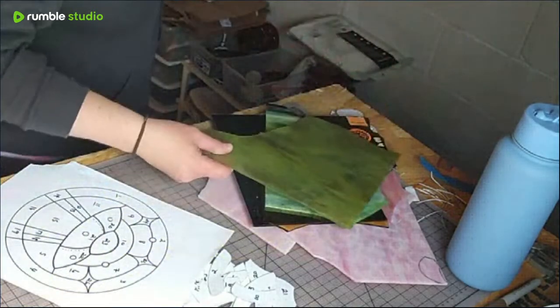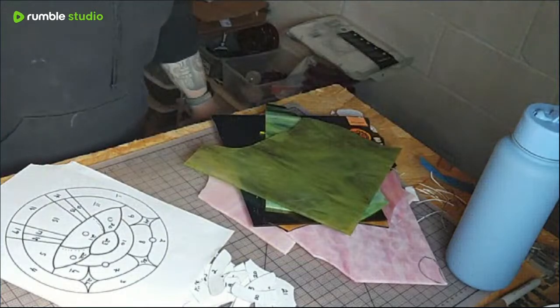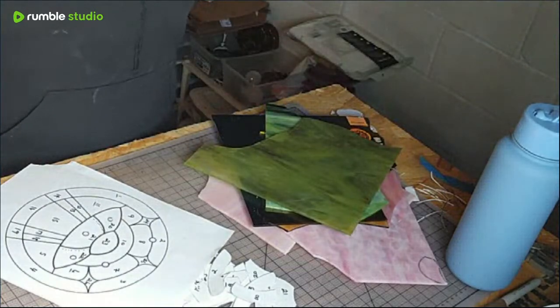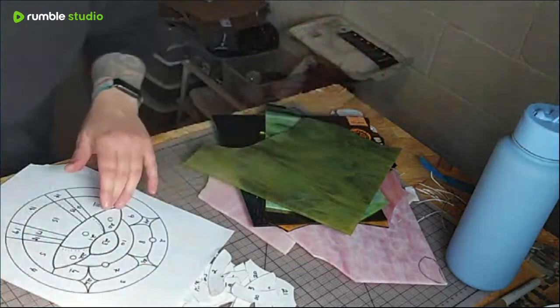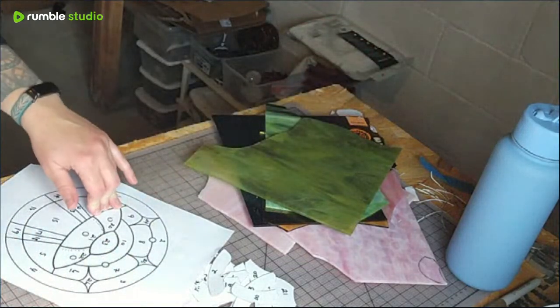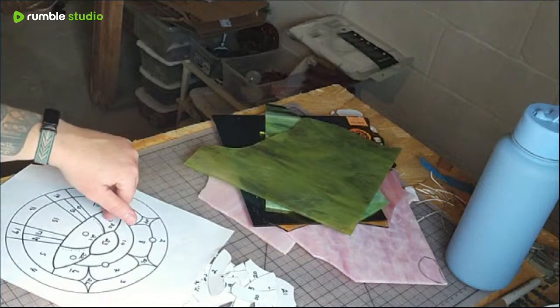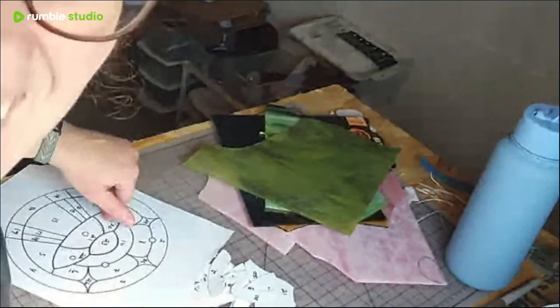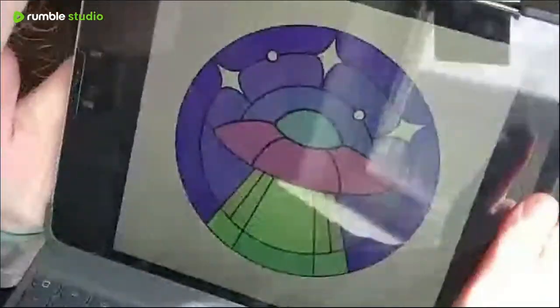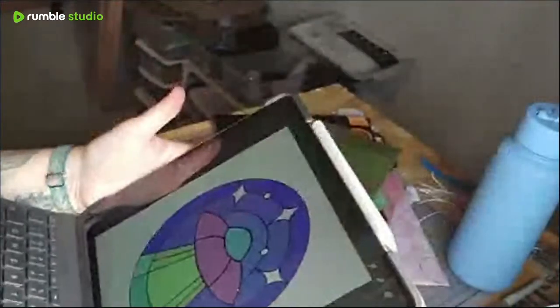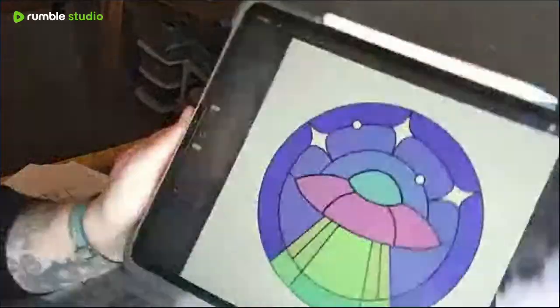Now I'm rethinking this. What do I do? All right, I said we were going to do this too. So hold on, I'm going to show you. You can't really see it because the sun is reflecting.